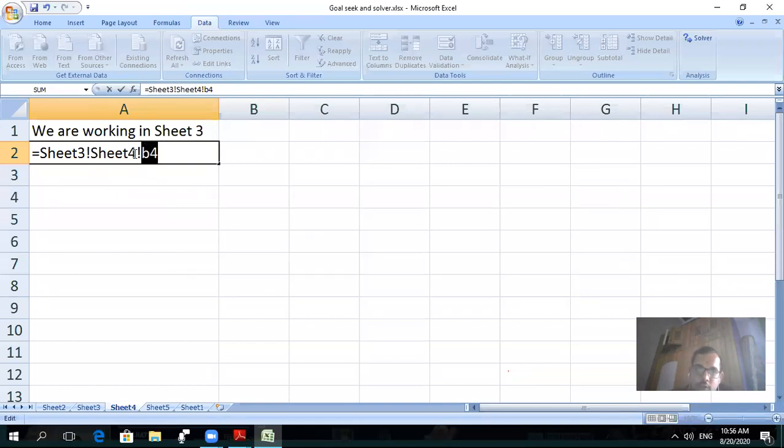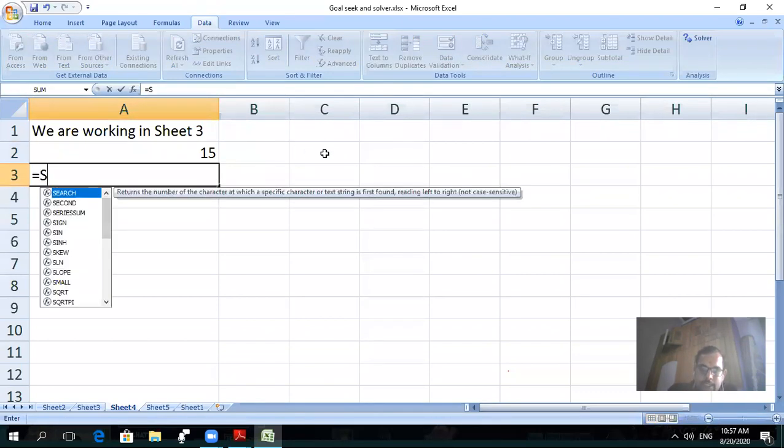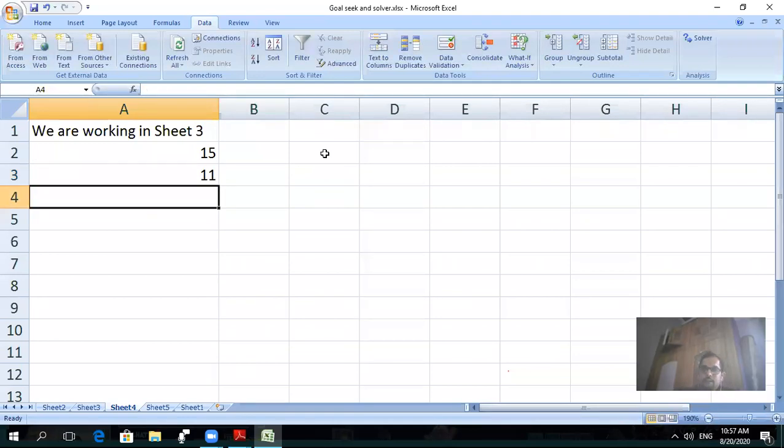It is not working because Sheet 4 appeared after that. Now look here. This I have done manually. Manually कैसे आया? First I wrote the equal sign, then the name of the sheet, SHEET, sheet number 3, then pressed the exclamation mark, and then wrote the address of that cell, B5, and then pressed the enter key. Look here, 11. You can get this value by the dragging method also. Once you drag, the next value comes automatically. Clear?